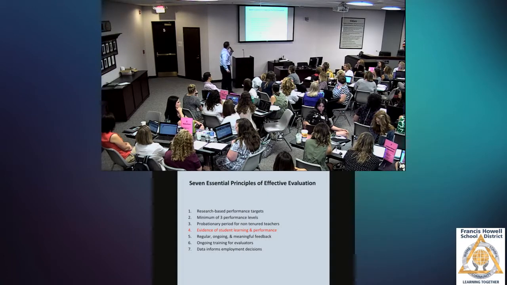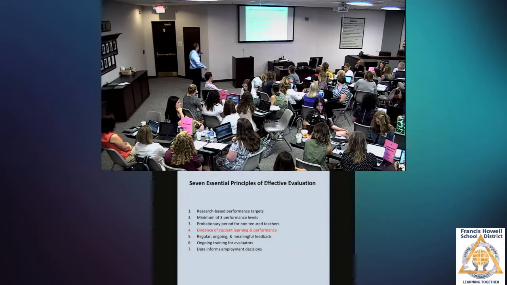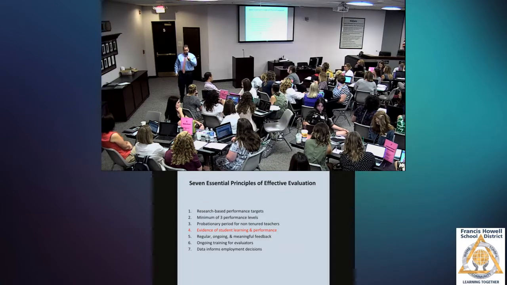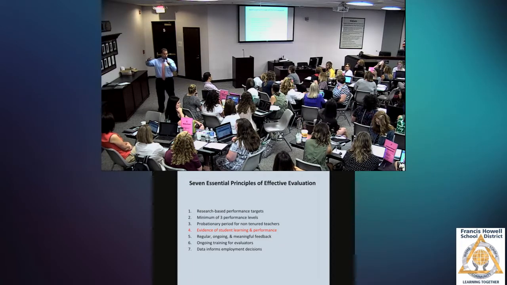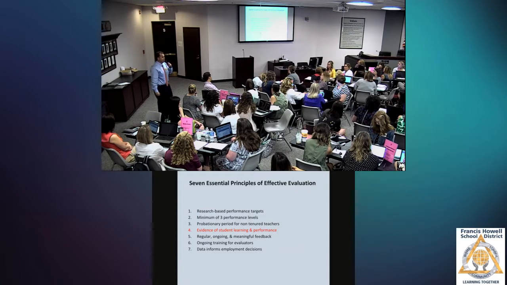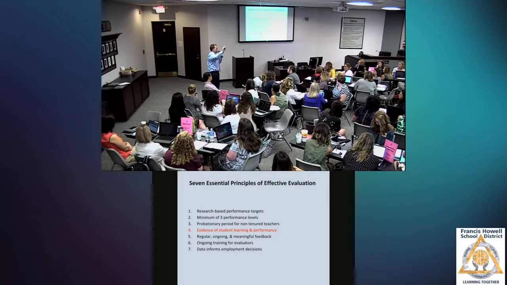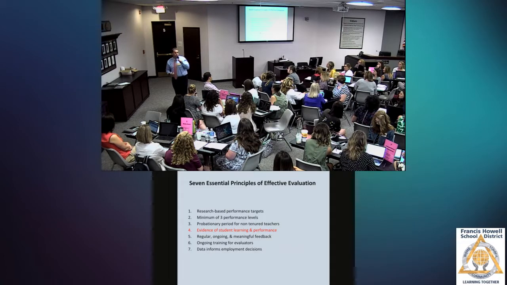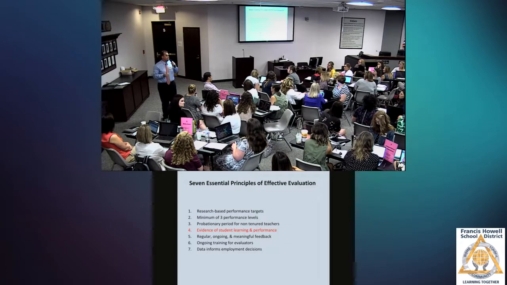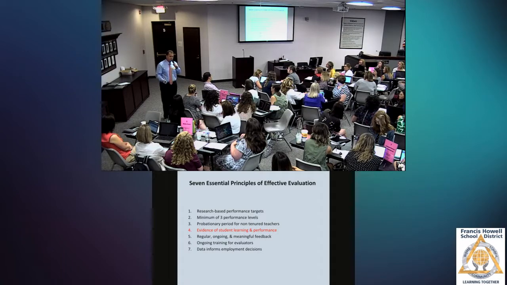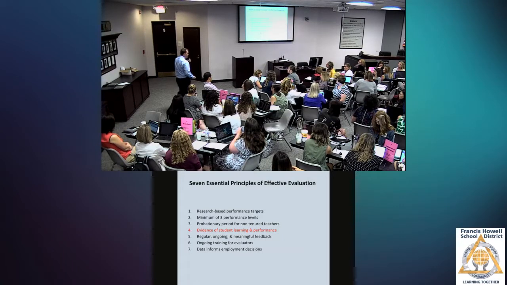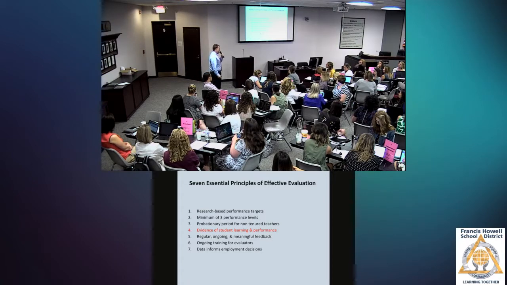So Missouri has come up with what we call the 7 essential principles of effective evaluation. And you can take a look at these. Our scores are based on 7 levels, 0, 1, 2, 3, 4, 5, 6, 7. I know when I think about teachers, I historically think about perfectionists, and everyone wants to be at a 7. Gotta be at a 7. Please know that it is possible, but it's very hard. And it's very hard to get 7s consistently because remember, administrators are coming in for short snippets of time. And so on one standard, you might be at a 7, and on another standard, you might be at a 5. And that's perfectly fine.